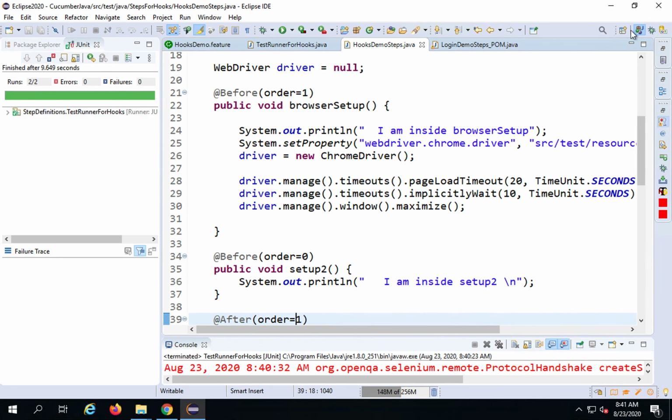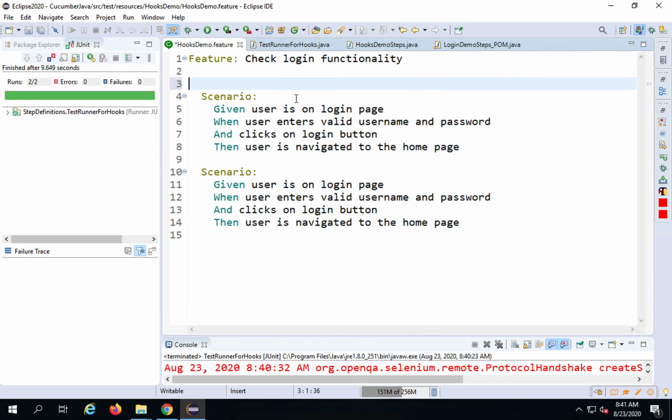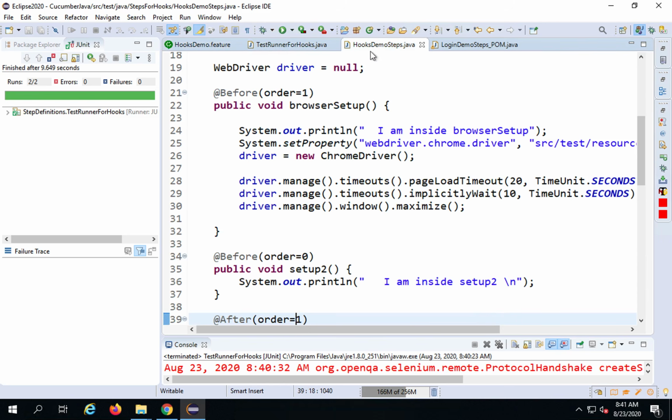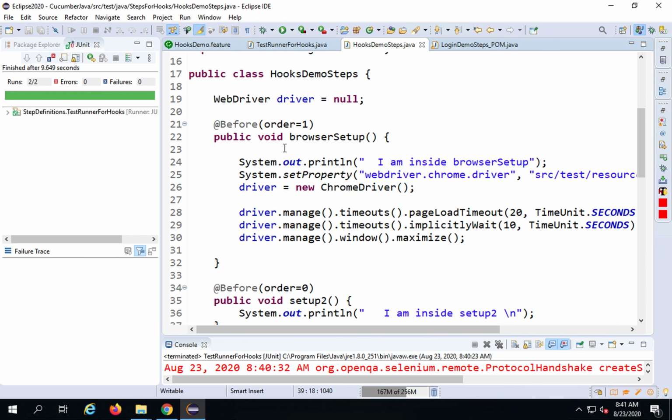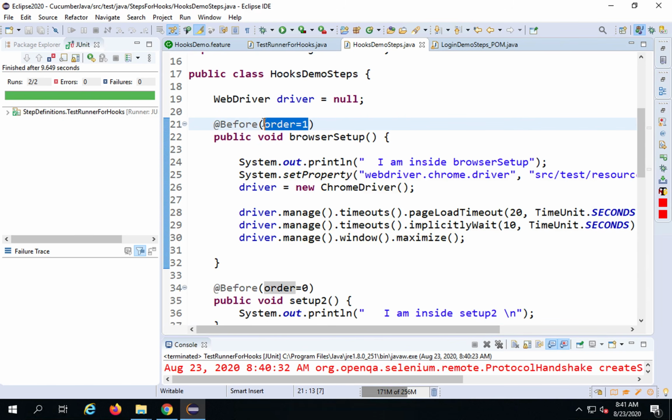So let me show you an example. If I go to my feature file, I will tag the scenario. I will tag this first scenario. I will say @smoke, and I'm only tagging this first scenario with the @smoke tag. Now if I go to my steps, I can say here, to run this, I just want to run this for the @smoke tag scenario. So I will say here @smoke,